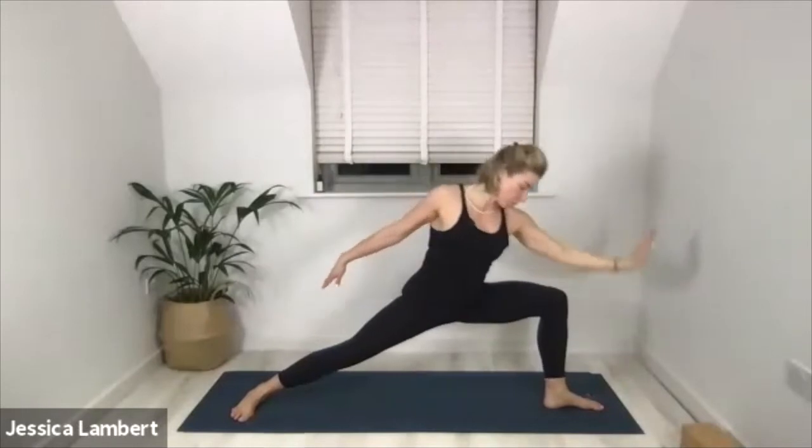Big stretch. Open that left side of the body. Hold it here for 3. Lift back and up through the left fingertips. 2. And then 1. Take your left hand all the way down to the inside of your left foot or